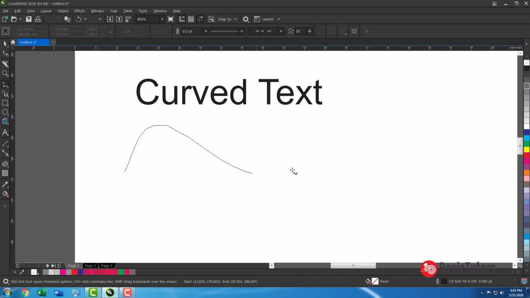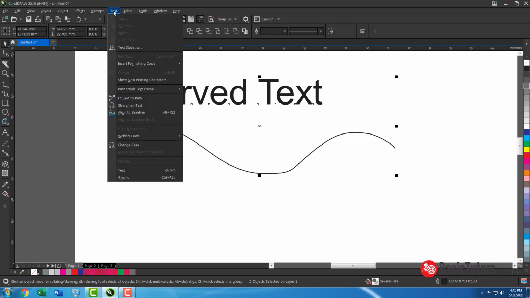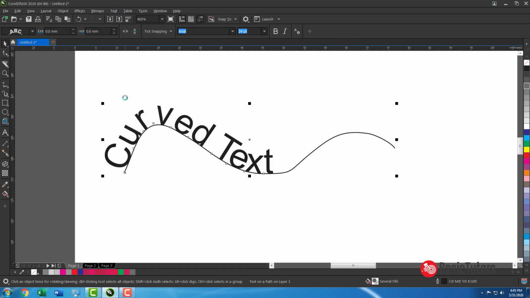If you have a path like this and you want your text to run over this path, select these two things, the text and the path, and then click fit text to path. It automatically runs over your path.